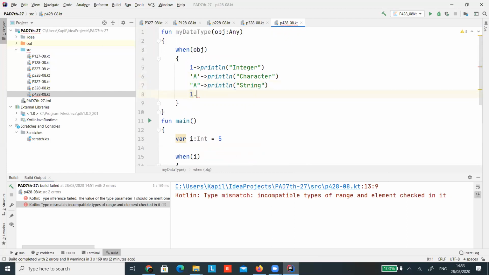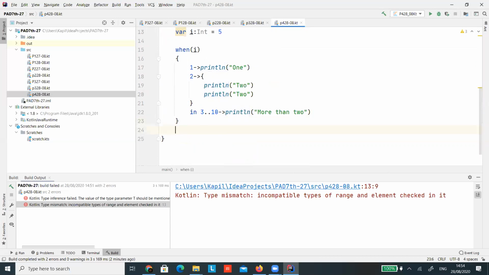If suppose 100.10, then double. Okay, so in this way it will work.